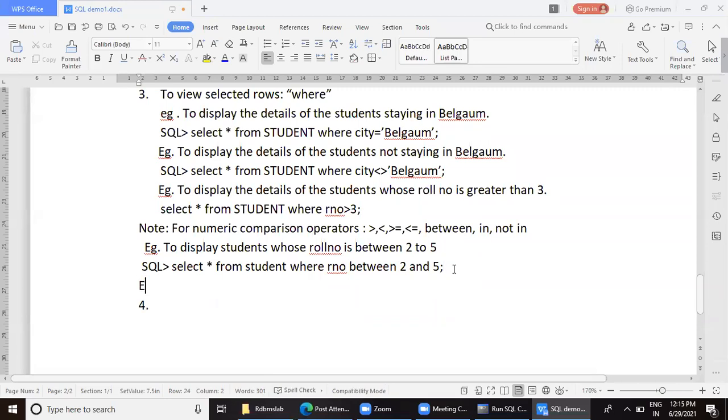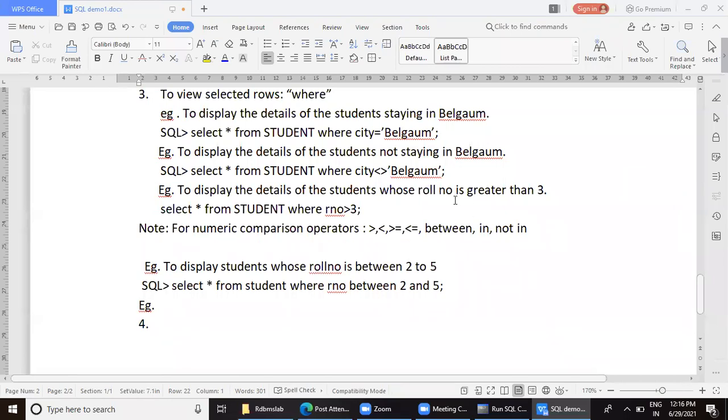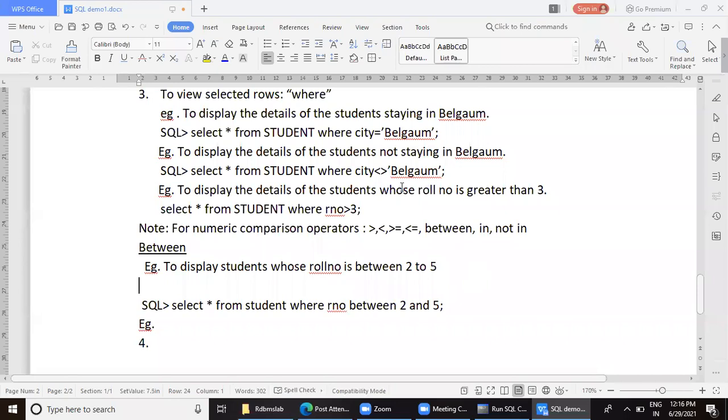Now we'll see another example which uses in. I will give a title, but better write here what we are using. Make proper notes. Here is an example of in as well as not in.